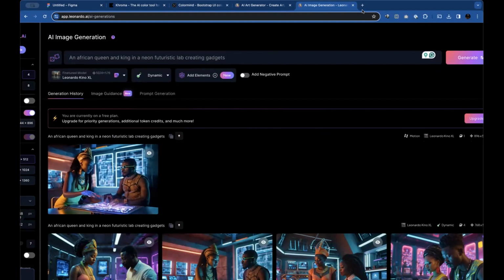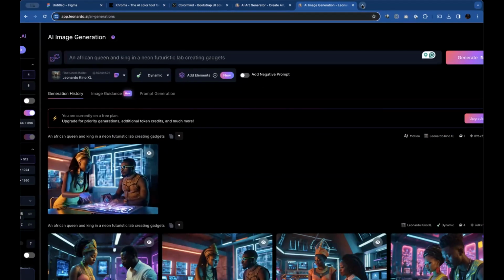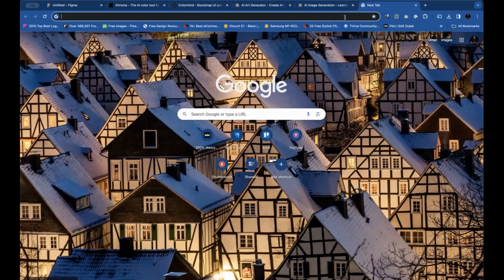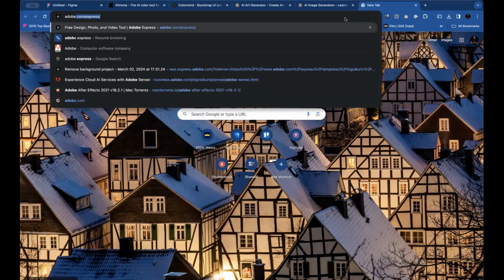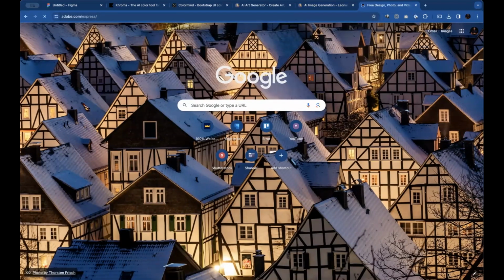Let me see. Do we have more time? Okay. We have just about 10 minutes to go to the last AI software for today. I just want to use this to show us the difference between other AI software and this one. This is not in the chat, so I will go ahead and put this link in the chat right now.